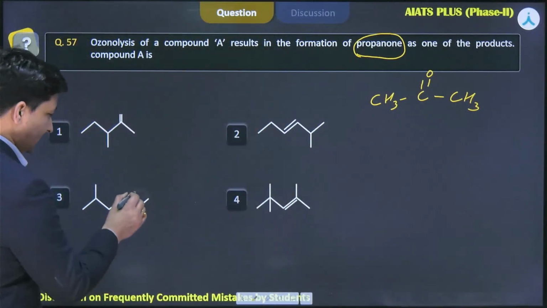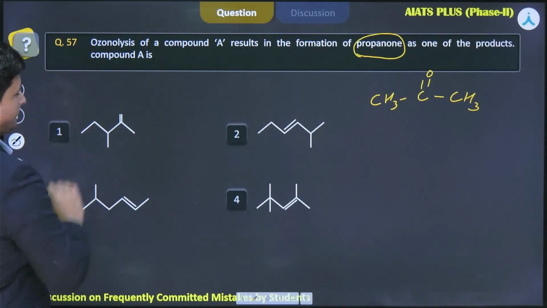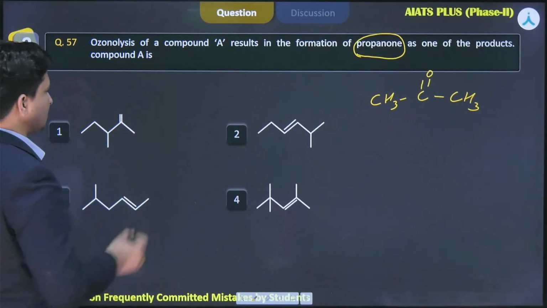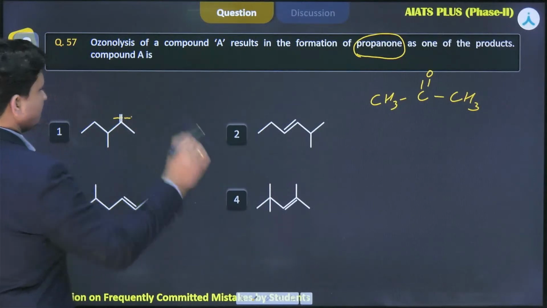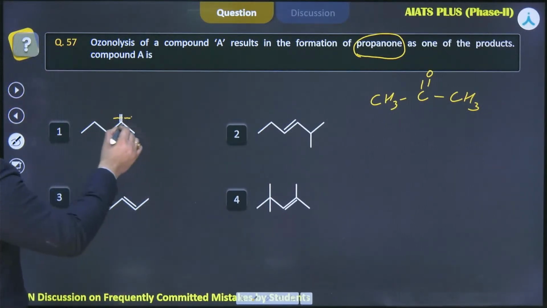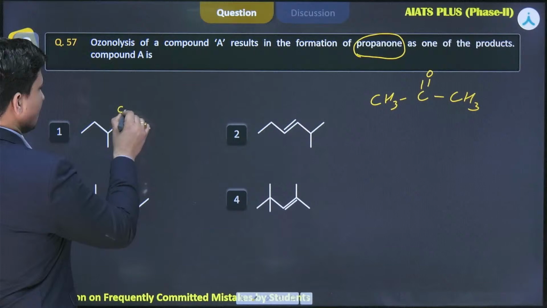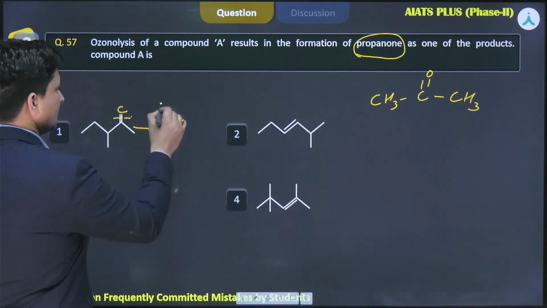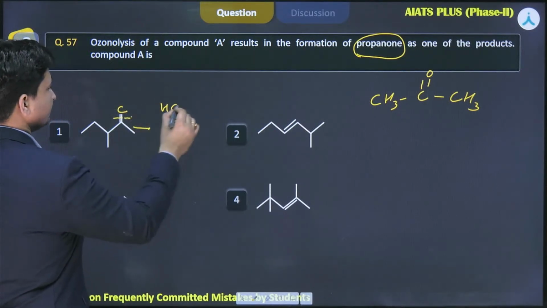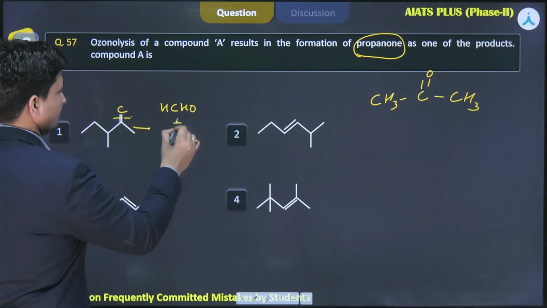Now, what is going to happen here? Suppose this compound undergoes ozonolysis, using the trick I have discussed in my previous lecture. Now, what will happen? We will get two products. Here we have one carbon, so this will give HCHO plus